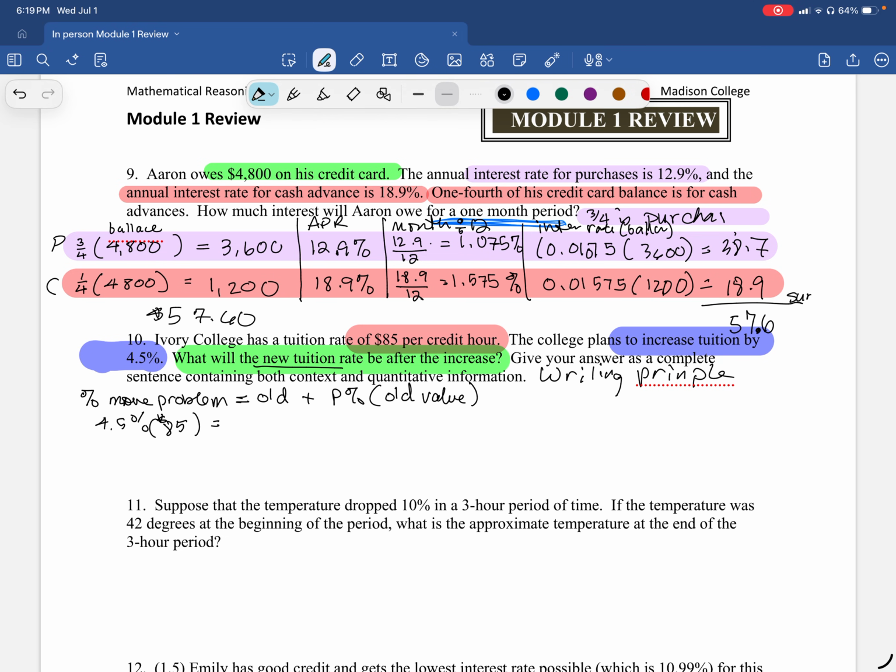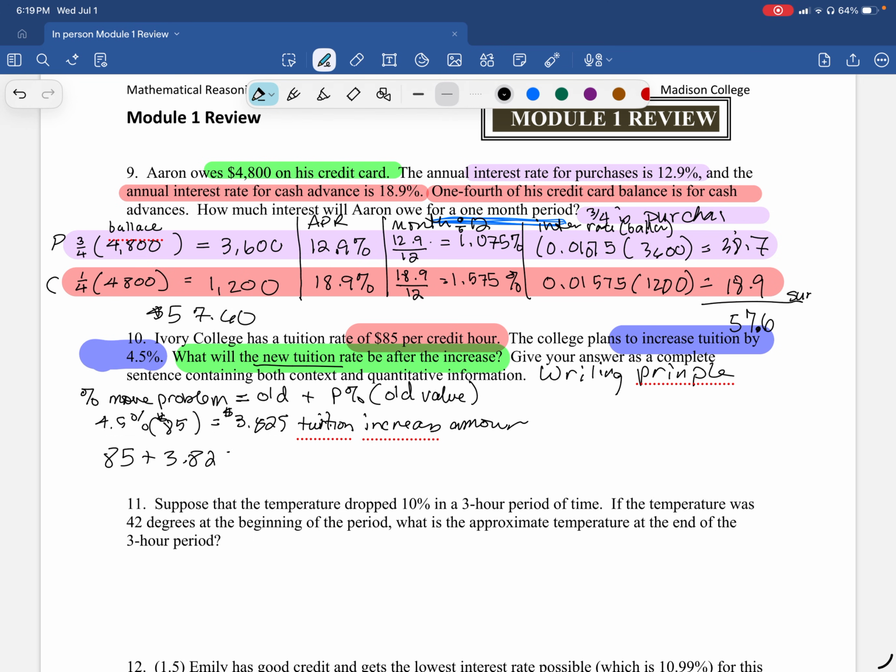0.045 times 85, and we get 3.825. And this is the tuition increase amount. So now we have to do 85 plus 3.825, which would be 88.825. And they probably want the answer